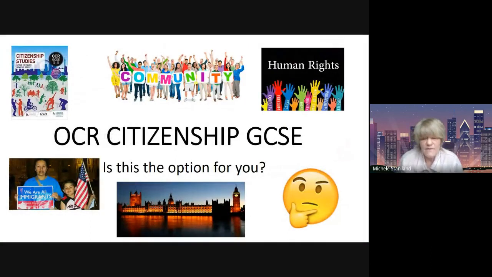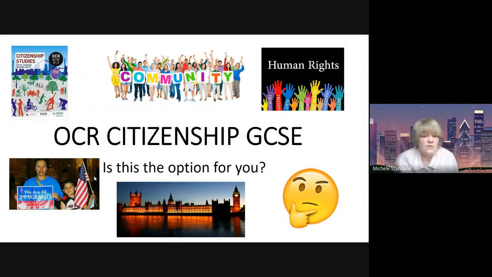So now we've had the short presentation, and I hope I haven't left anything out. I probably have. You have to think again, would you like to do OCR Citizenship GCSE and find out more about the Houses of Parliament and what happens in this building and how it affects us, about your human rights, about your community, and about much more bigger issues around immigration and society, and how people live together in community